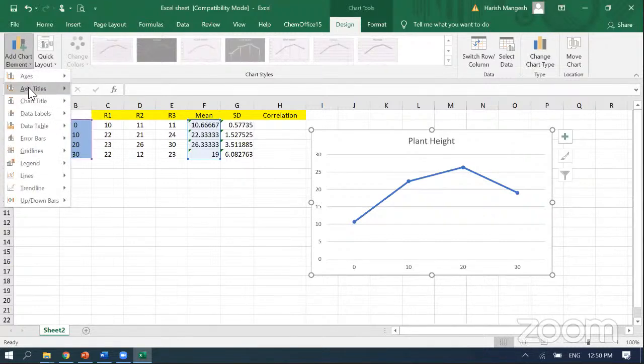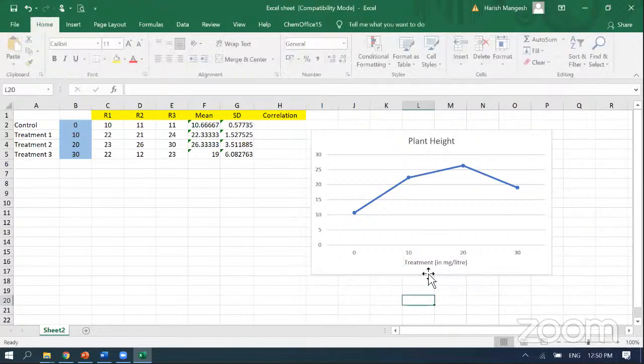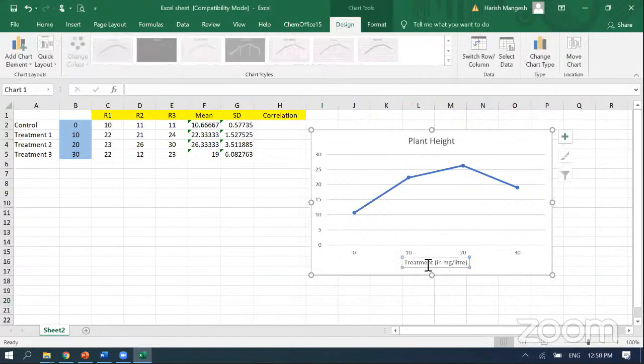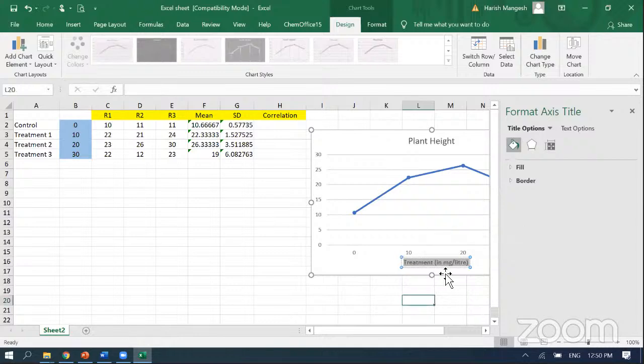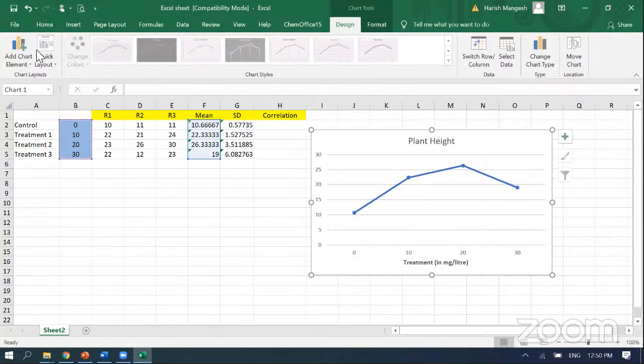Add the axis title. So for the primary horizontal title, you can mention here as treatment. Suppose in milligram I have given. So it is better to mention the unit also. So treatment in milligram per liter. Now on the same graph I will go and add the